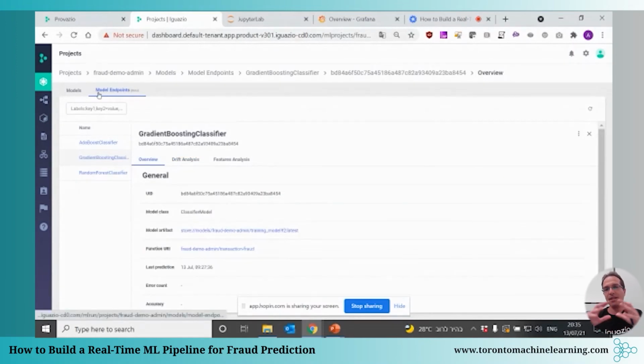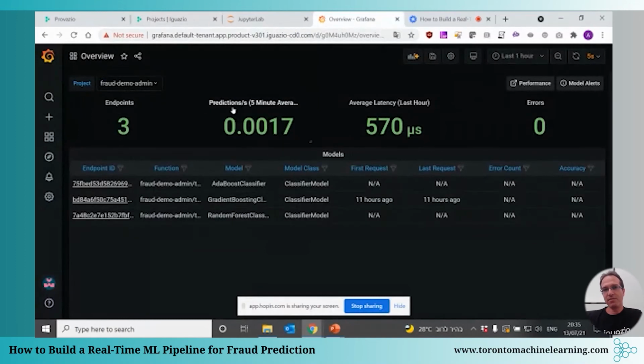So we can complete the entire life cycle all the way from getting the raw data down to the model monitoring and drift identification. Now, in addition, we also have some additional reports in Grafana. Grafana basically allows us to be more flexible.